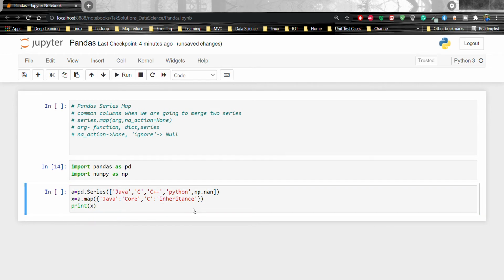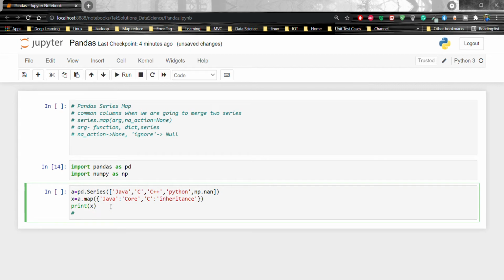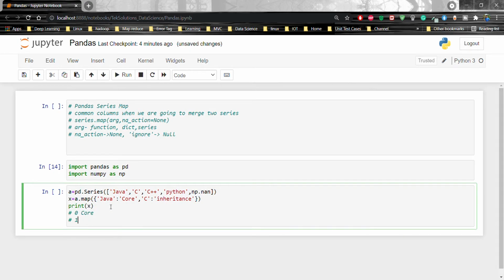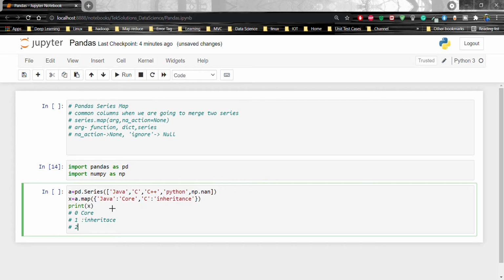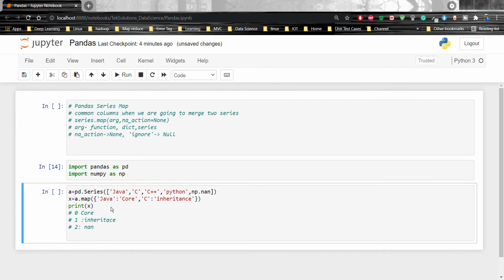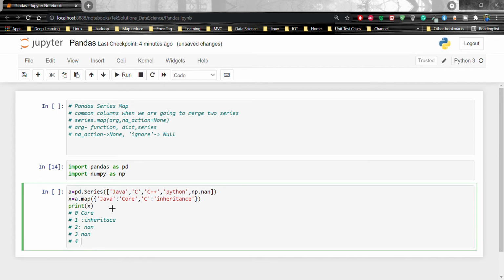So what will the output be? 0 with core, 1 with inheritance, 2 will be NaN, 3 will be NaN, and 4 will be NaN also, because we don't have any mapping for those. Okay, let's run and see.